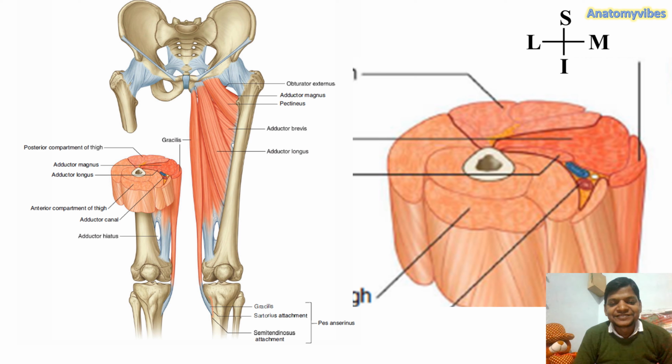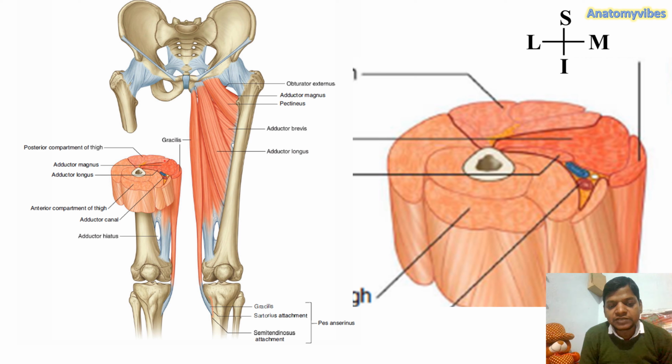So friends, this figure is extremely important to understand the adductor canal boundaries. In this picture, you can see that the right-sided lower limb has been cut here, almost in the middle of the thigh. And this is the medial aspect, this is the lateral aspect. Medially, you can see this region deep to the sartorius where blood vessels and nerves are there. This is showing the adductor canal.